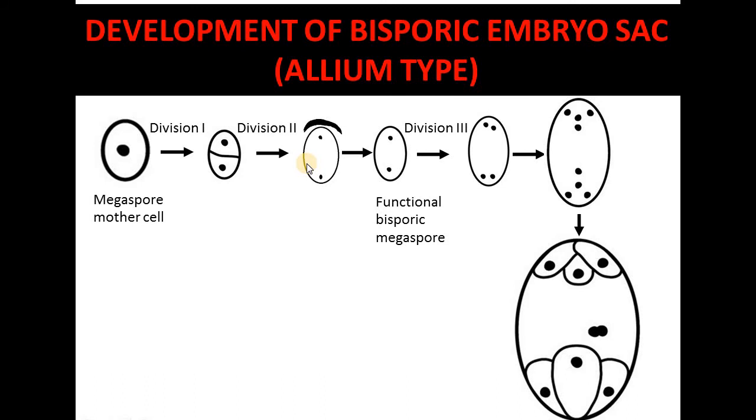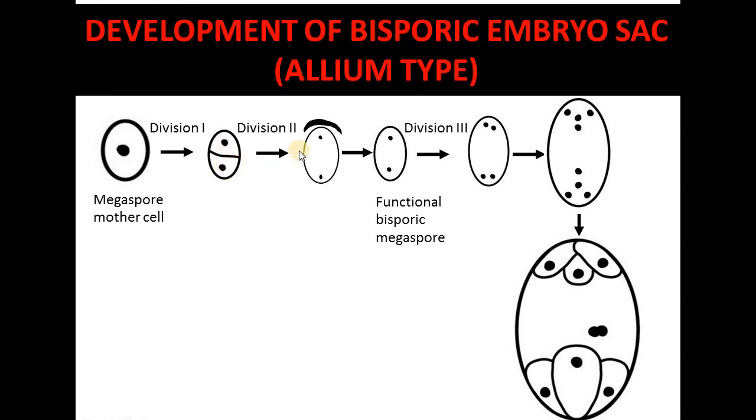So such a kind of meiosis is going on here. Without cell plate formation, the division is going on, and one cell is degenerated already. Only this one is functional, which is towards the chalaza, and only the nucleus will be divided, but they will remain in the single cell because the cells are not separated. So these 2 nuclei are present in this functional megaspore. Here also you can see only one megaspore is functional, not both the megaspores are functional.